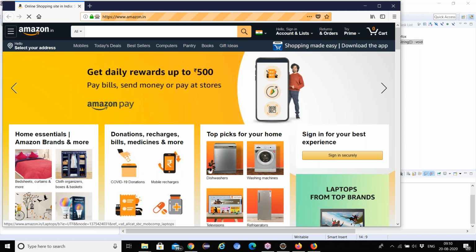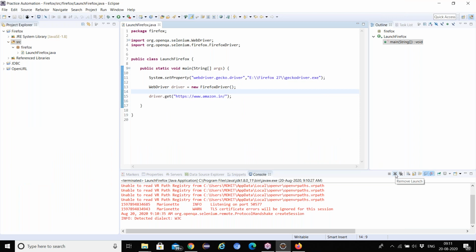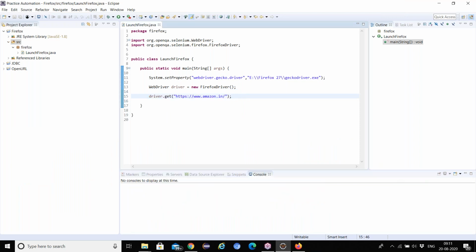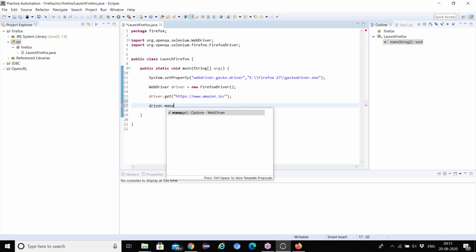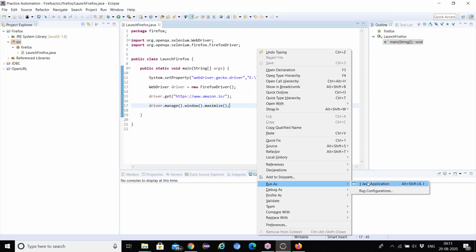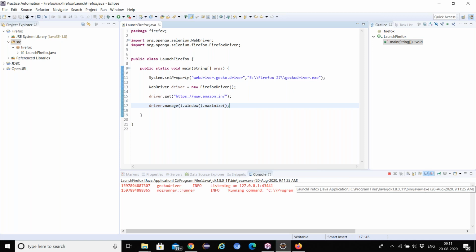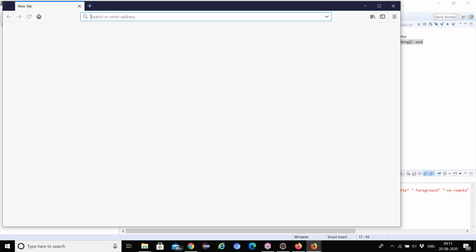Close this one. See, the browser always comes at default size, it is not getting full size. So if you want to maximize, what command do we need to write? Yesterday we wrote it, right? driver.manage().window().maximize(). Remember, maximize, very easy. Now you can run. Add the command and check how the script is working. Previously we got the default size, right? Now it will come full screen, the browser will be completely maximized after executing this.